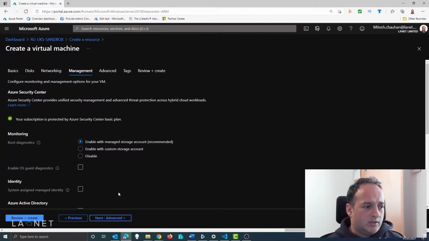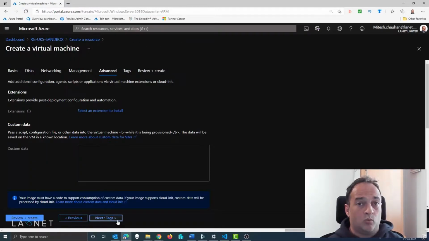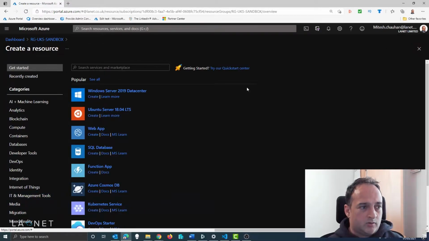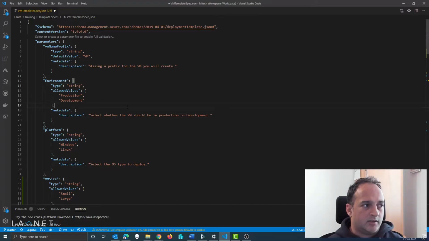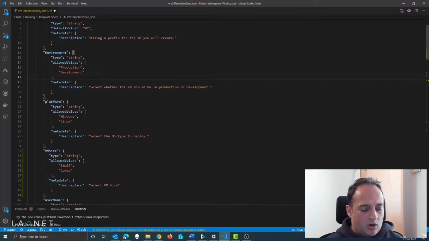So what we can do to tackle that, one of the ways, of course, there's many, is to use something called template specs. Now I'll show you what that is. That's basically just an ARM template. Generally you deploy by code, and you may have a front end for users or whatever. But here we've got an ARM template. If you saw some of our infrastructure as code videos, you'll see what an ARM template is and how to build it. This has got some options in it for the user.